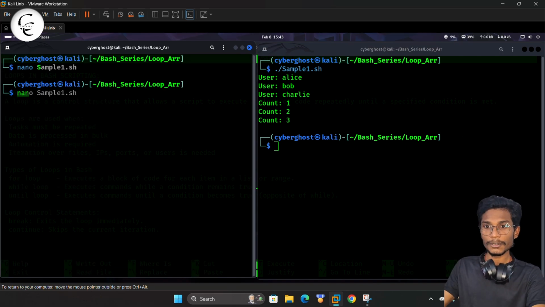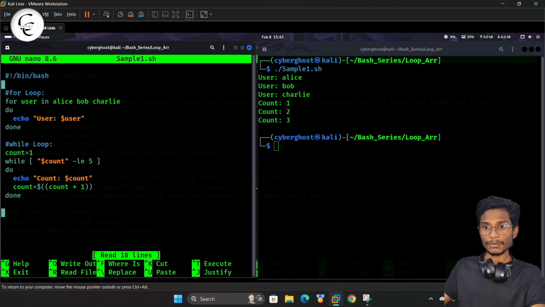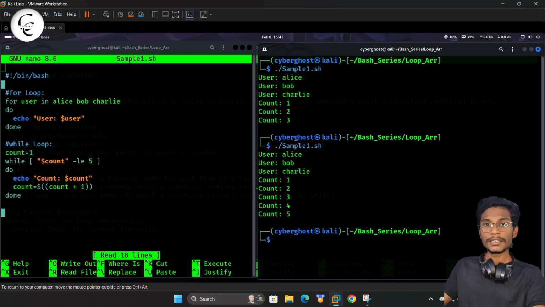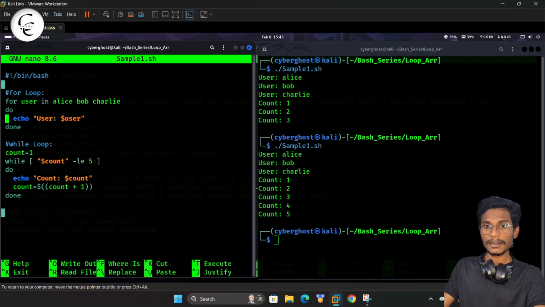So now we can do, so here we have the value equals to 5. So now let's run this. So guys, here you can see the count simply runs until 5. And for the for loop we can also add one more value here, like after Charlie,